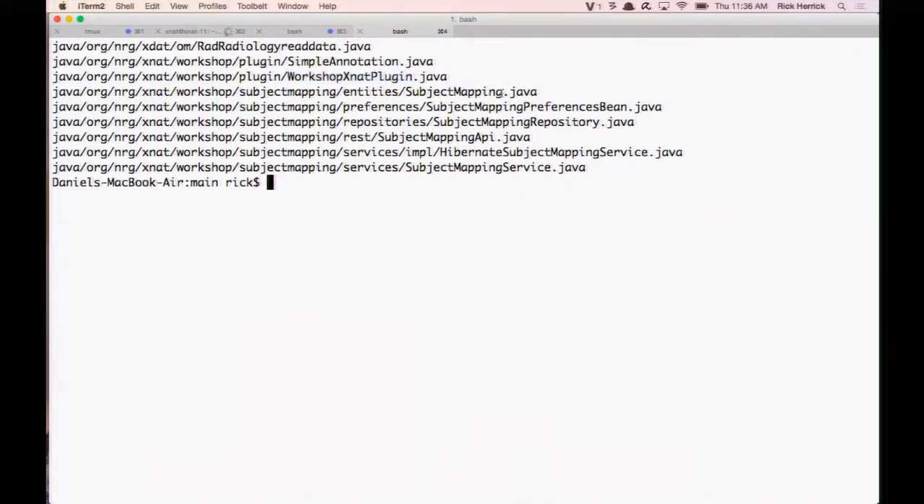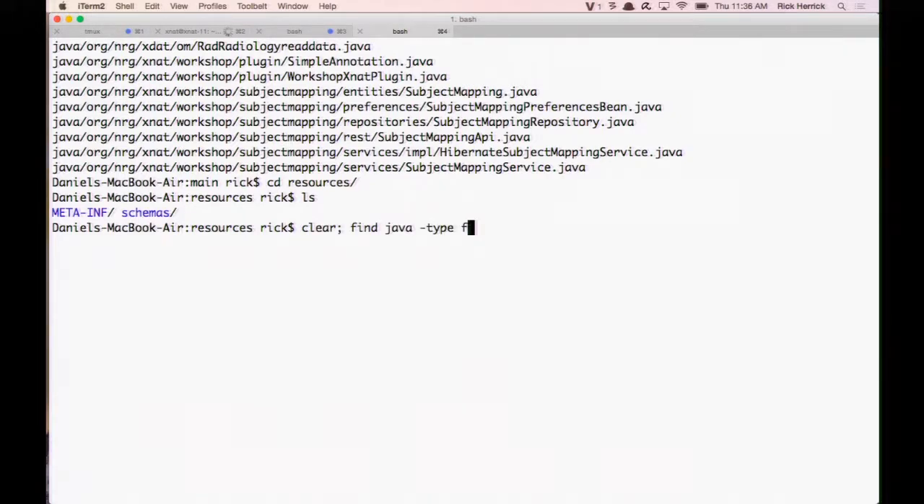The other stuff that's in here is just some functions that are kind of cool, and we'll look at those in the practical. But here's a REST API. So I just create a REST API and it will be available. This is a preferences class, and I can store stuff in the database. But in here, in resources, this is the,